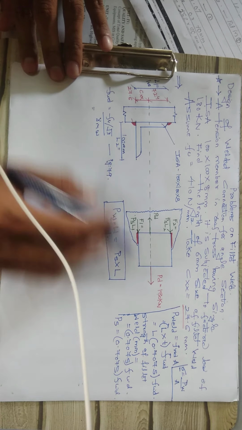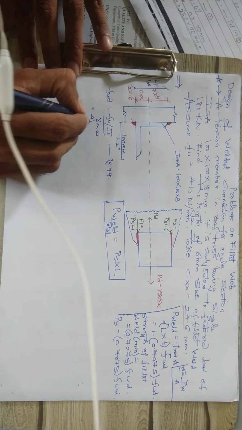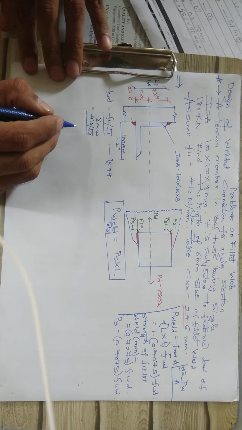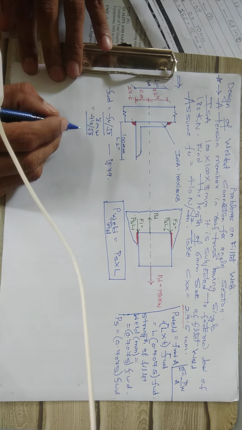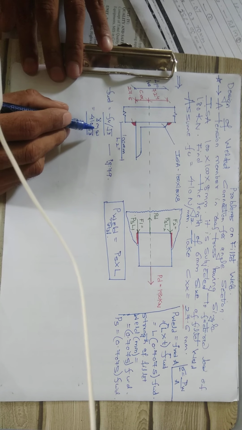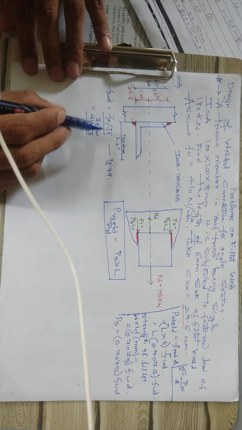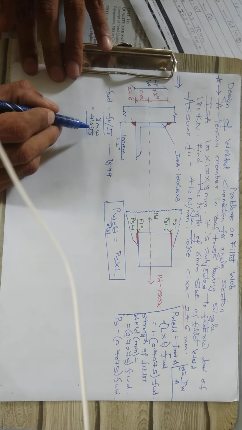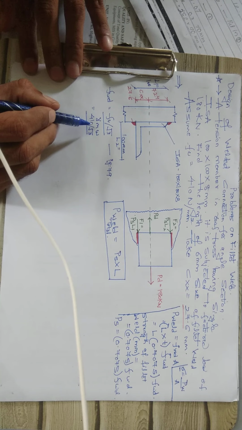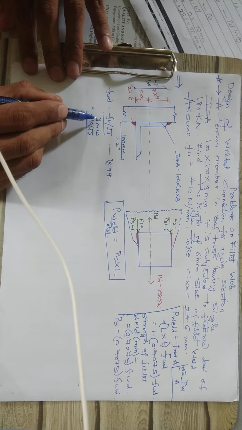So what is the value of FU? It has been given in the question as 410. So we will directly take this as 410 divided by square root of 3. What is gamma MW? Partial safety factor for welded connections. There are two types of welded connections: field welding, that is in situ, or shop welding. Always we are using shop welding. We are considering the welding as which has been done in the shop. So for this gamma MW we will